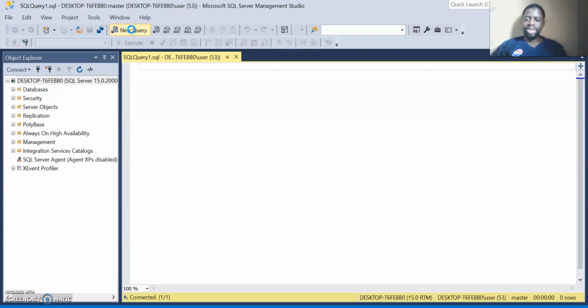So this is my query window, and I can start writing my query now. First of all, I want to look at how many default databases I have on this system. And you can see SQL Query 1.sql, that is my first instance of the SQL query window.